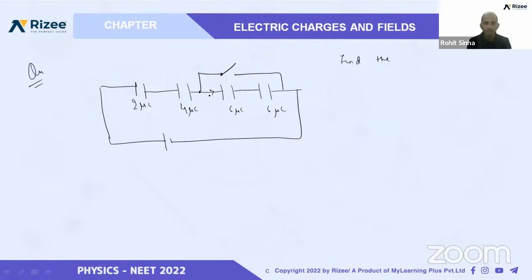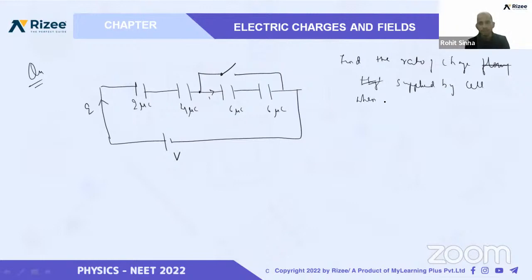Find the ratio of charge flowing through, the ratio of charge supplied by the cell or battery